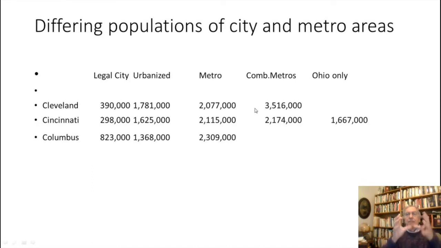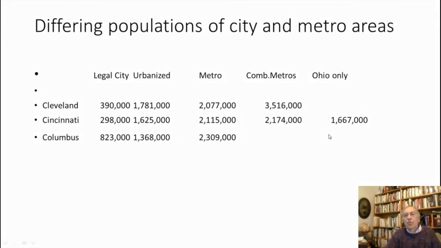Since it is a metropolitan cluster of about 3.5 million people, whereas Cincinnati has about 2.1 million people. Now Columbus is the same, but it's not combined with anything, so it's not defined as a combined metro. But it would then be second before Cincinnati, and then you get the complexity of, well, Cincinnati has, let's